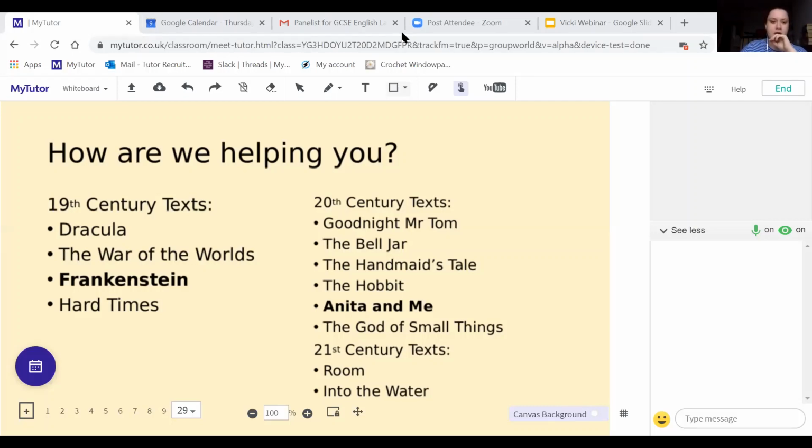Are we going to do paper 2? I imagine in the future we will get round to it. We're doing paper 1 question 3 next week. Have I missed anything else? Let's have a look in the chat.